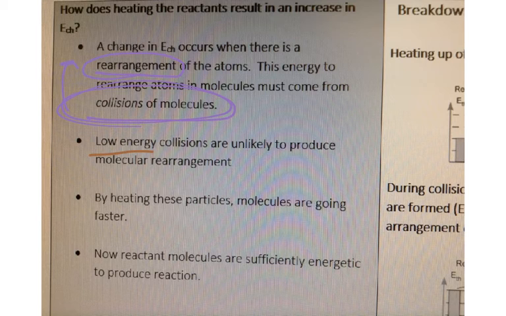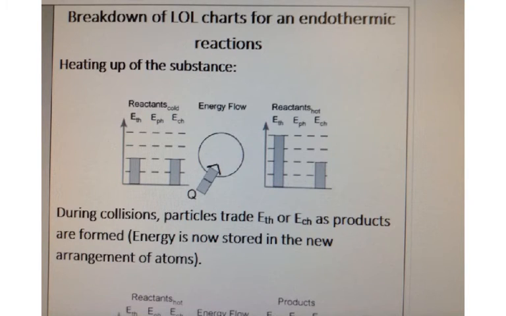So by heating up these particles, you're going to make them go faster. So they have more and more speed so they can do more and more damage. So now by these particles running into each other, they have enough momentum or energy in order for the reaction to occur. So what I'm going to do now is go over how you break down